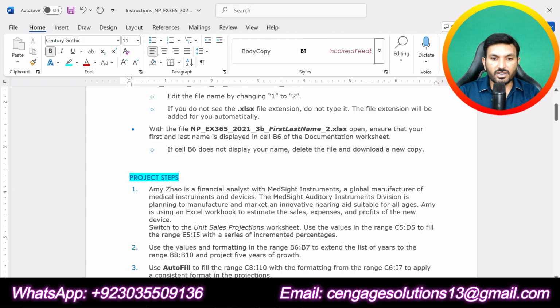Now let's do the first step of the assignment. Amy Zaho is a financial analyst with Math Site Instrument, a global manufacturer of medical instruments and devices. The Math Site Auditory Instrument division is planning to manufacture and market an innovative hearing aid suitable for all ages. Amy is using an Excel workbook to estimate the sales, expenses and profits of the new device. So the thing to do is